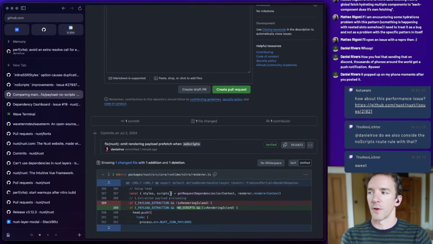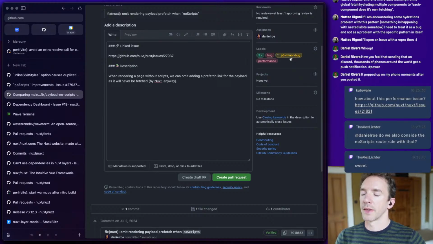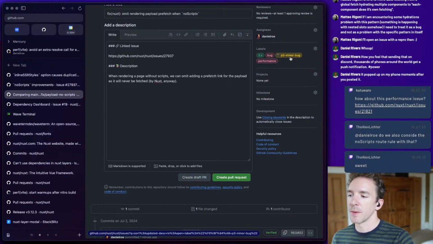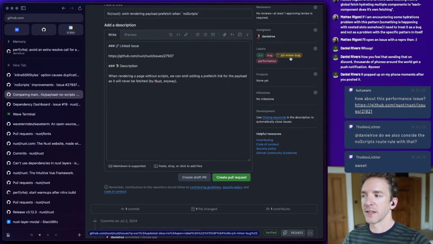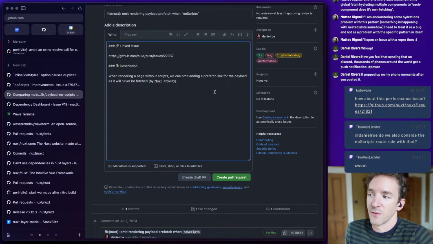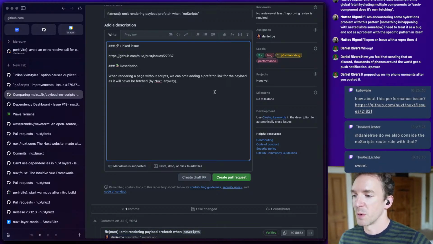I need another category of bug, by the way. Like I have P3 minor bug and I have P2 enhancement, but there are some bugs which are extremely edge cases, which I feel like they're not as high as minor bug. It should be like a P2 edge case or something like that. This is a very, very rare bug that will not affect most people, but it's still technically a bug.